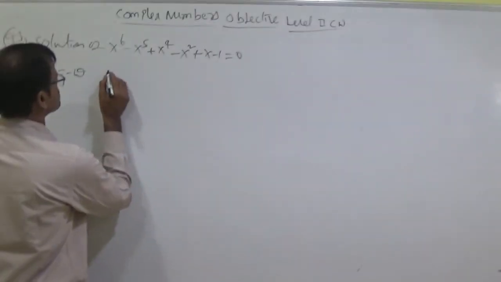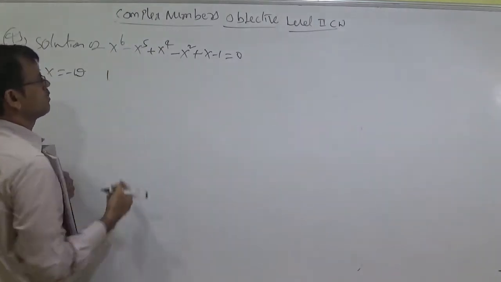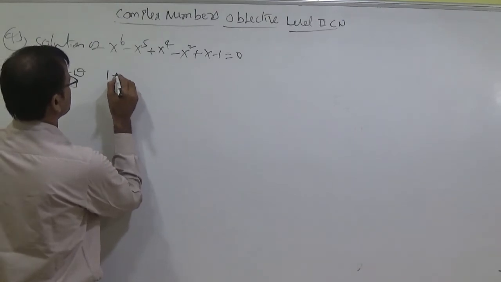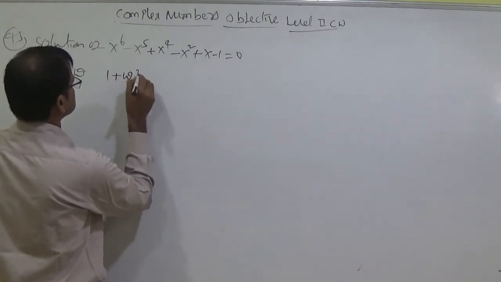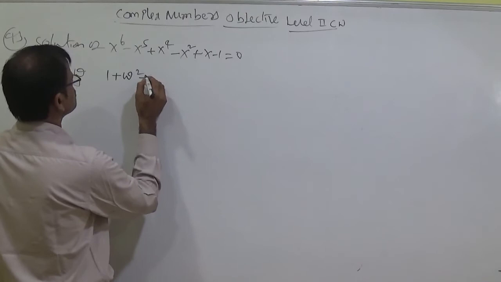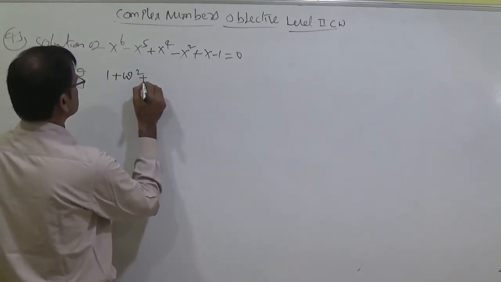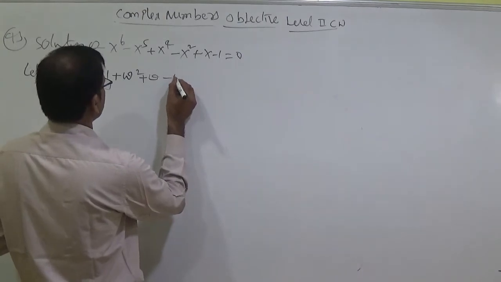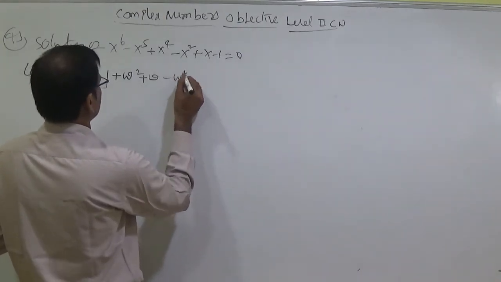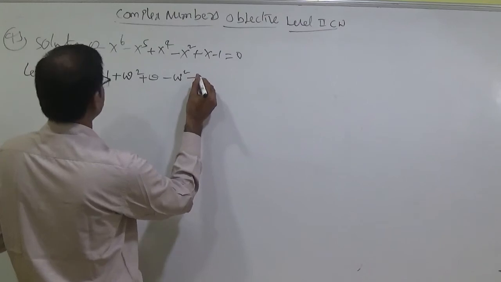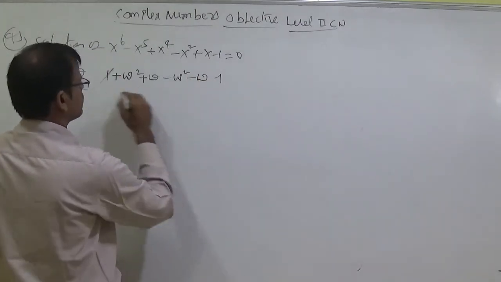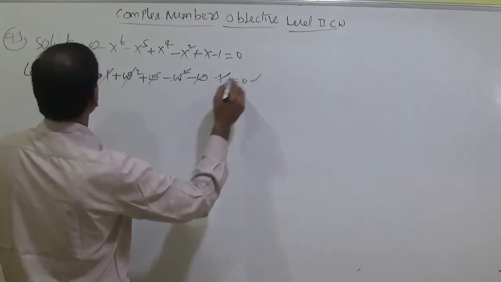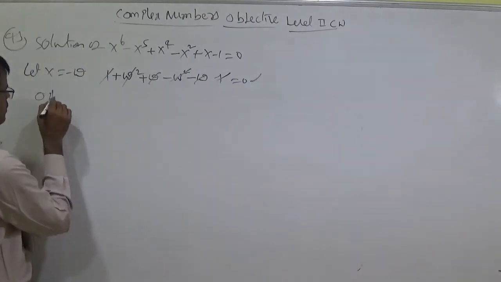Minus omega substitute here. So omega power 6, of course, minus 1 power 6 becomes plus 1. Here minus omega power 5 becomes plus omega square. Here minus omega power 4 becomes plus omega. This is minus of minus omega square, so this is omega square. This is minus omega minus 1. 1 minus 1 get cancelled. Omega square, yes, satisfies. So option 4 verified.